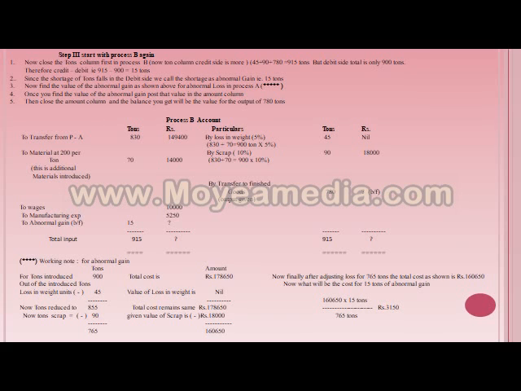Then what will be the cost for the abnormal gain of 15 tons? The same way as you did in process A, you do the cross multiplication. Then you arrive at a value of 3,150. Now you write that amount in the amount column on the debit side against the abnormal gain. Then you close the amount column. You'll get a balance on the credit side, which will be the real balance for the 780 finished goods.